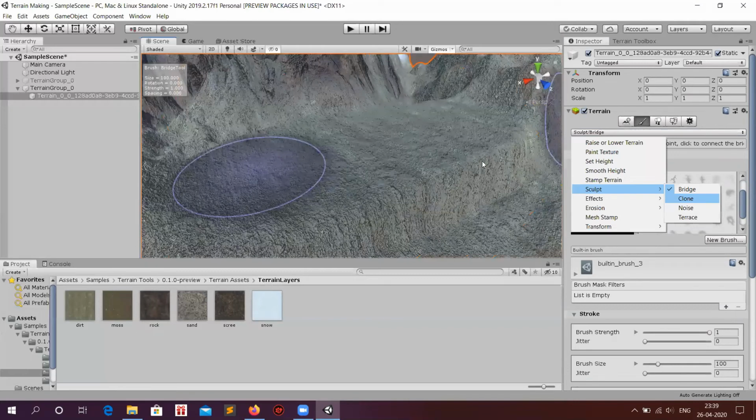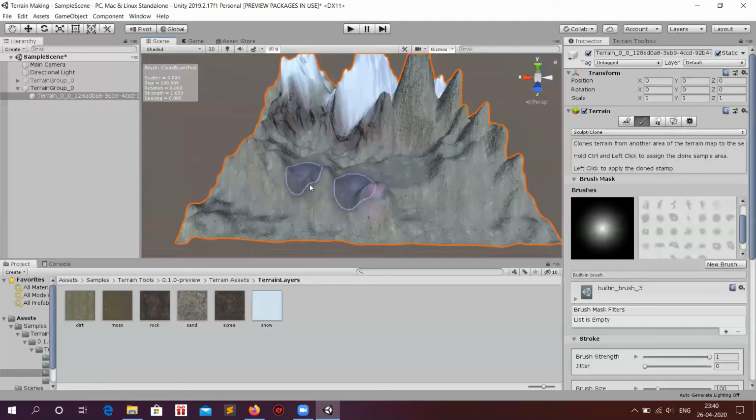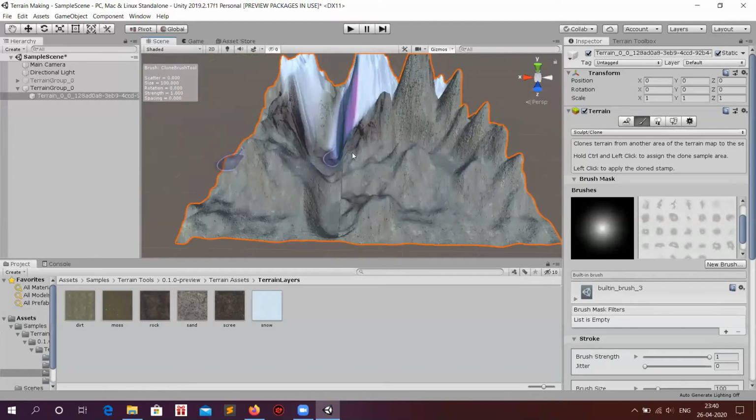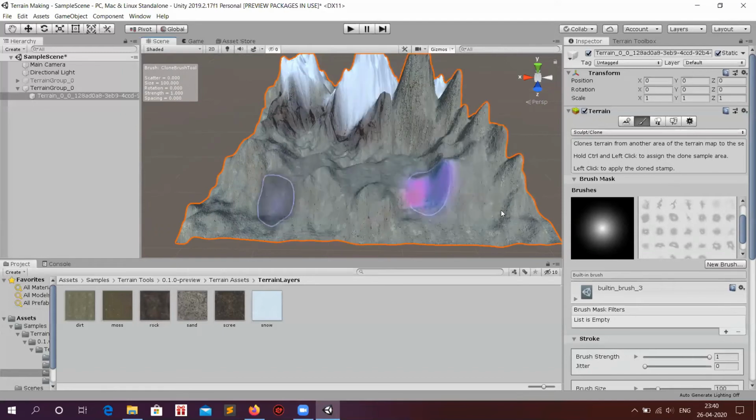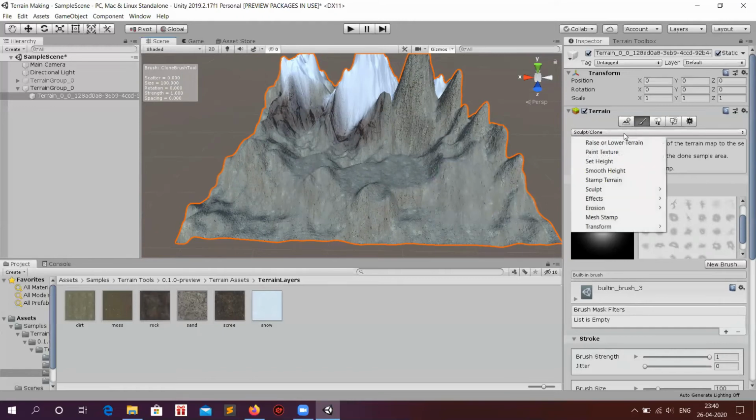We cannot go over all of them, but we can even do this in the clone. By pressing Control, we mark a point over the terrain and then hover the brush over the terrain parts. So as you play with the options, you will get to learn more about these options and their features and what else you can do with them.